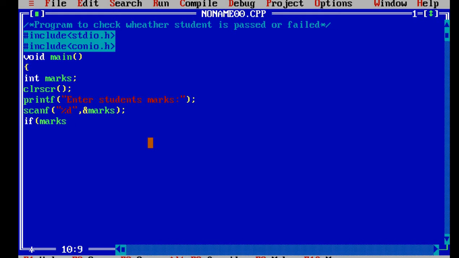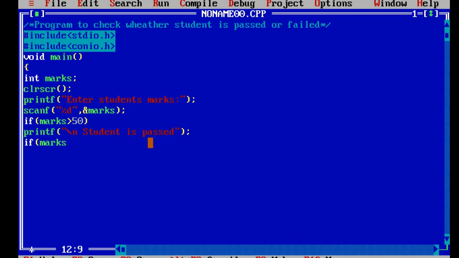Then use the if to check whatever marks are entered. If marks is greater than 50, then write printf("\nStudent is passed"). Then next I need to check one more condition. If marks is not greater than 50, then it will be failed.